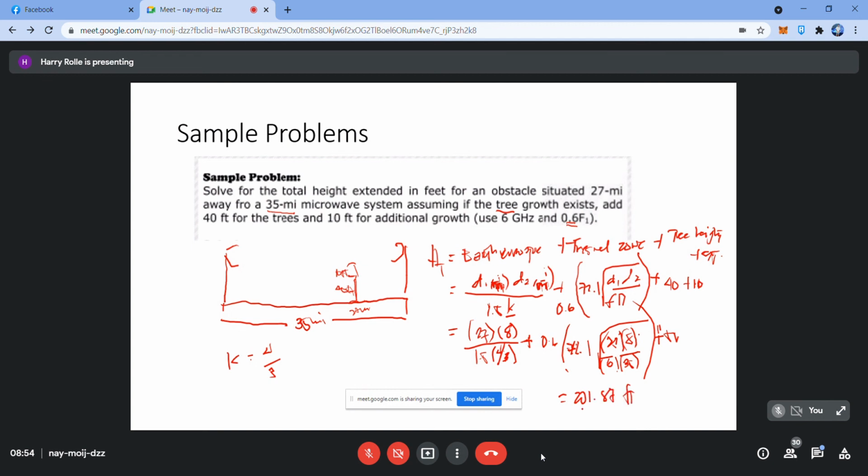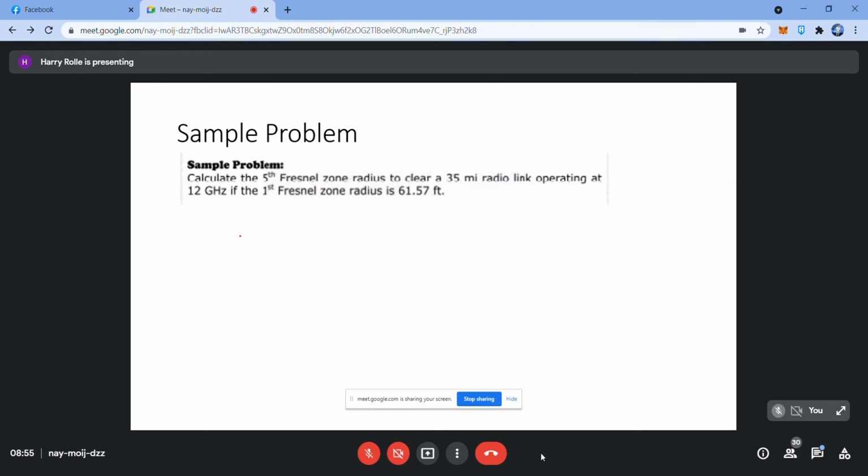So, ito daw yung tunay na height ng puno. Dapat ito yung i-clear nyo dun sa in-between, kasi dapat hindi tatama yung Fresnel clearance doon sa puno na yon. So, dapat clear yan. Ibig sabihin, ang i-adjust nyo, yung height nung antena nyo pag ganun. Nagkaintindihan tayo? Guys, nagkaintindihan tayo? Yes, sir. Okay. Let's move to the other